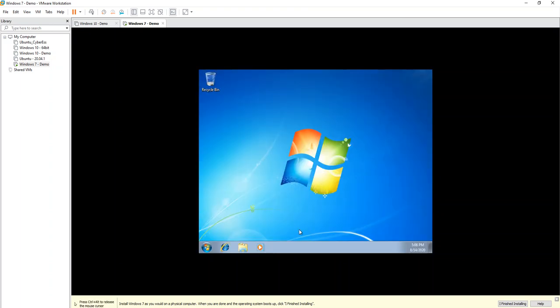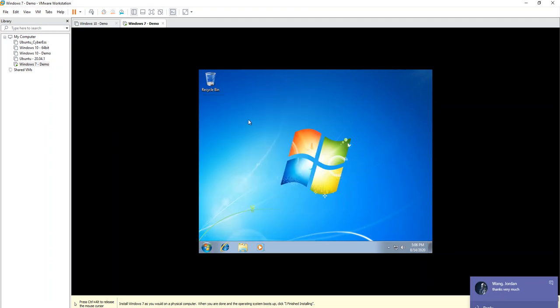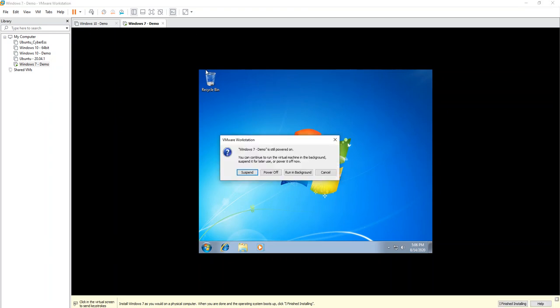So let's hold tight. Yeah. So as you can see, the Windows 7 desktop is now visible and I can see different options. I can see the desktop. I can now install my applications and everything. It's all good. So if you want to turn this VM down, just click on the cross button, click on power off,